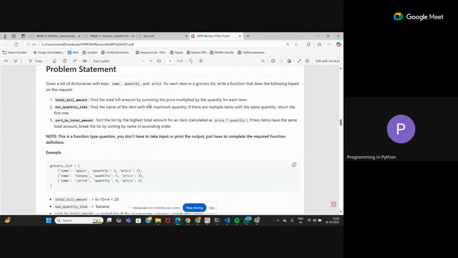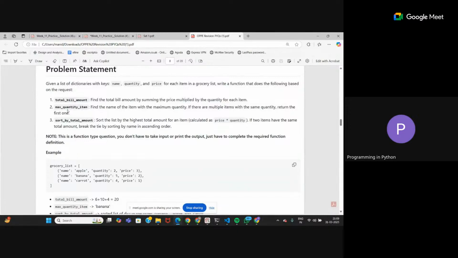Now see, in this type of difficult level problems, some type of data structure will be there, either a list of dictionaries or something like this. So basically, it's kind of like a data set, like we had in CT. Here you have a list of dictionaries where each dictionary has 3 different keys: one is name, one is quantity, one is price. This is a grocery list we're preparing, so for each item there is a separate dictionary, with the name of the item, the quantity in which it is purchased, and the price for each quantity.